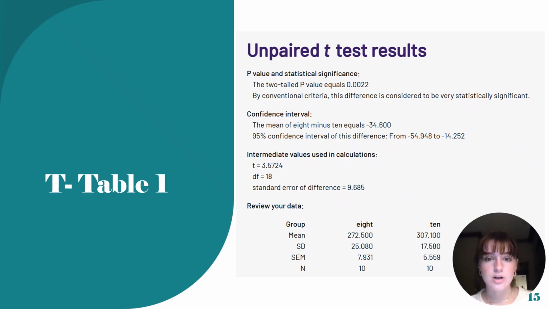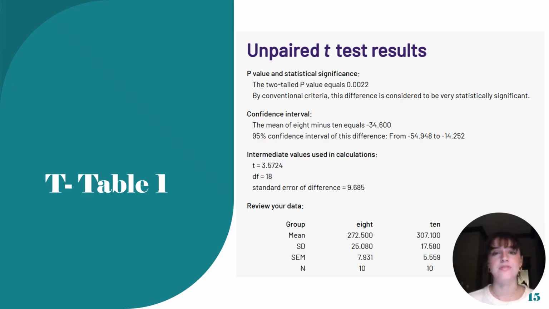Okay, so here is the t-test power slide. At the bottom you can see that we're comparing the 8-degree incline with the 10-degree incline group. At the top it says the two-tailed p-value equals 0.0022, and it says that this is very statistically significant. So pretty much what that means,